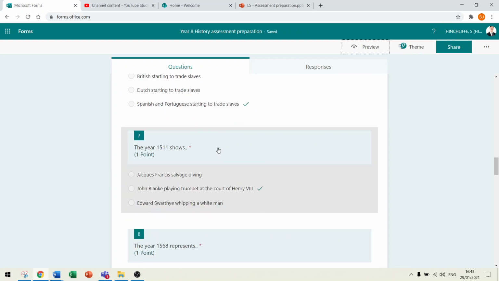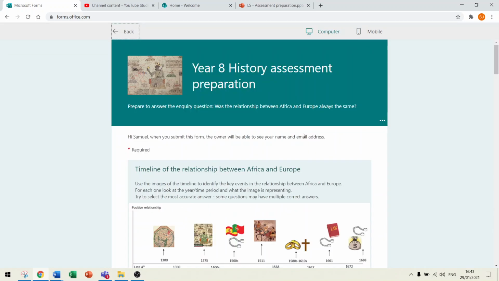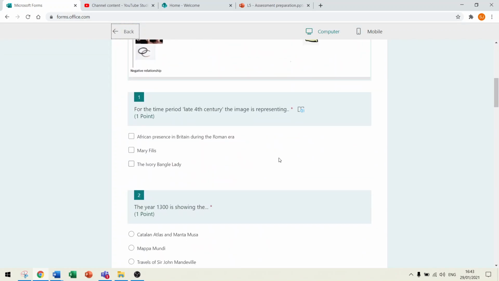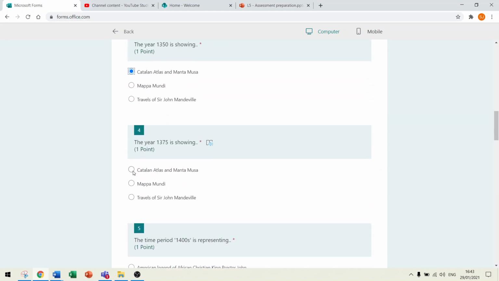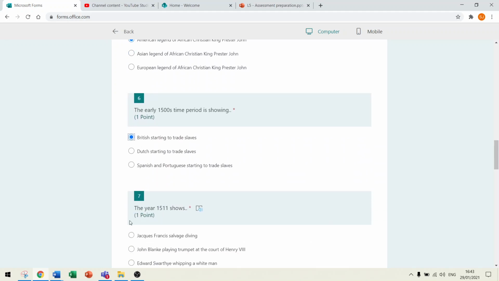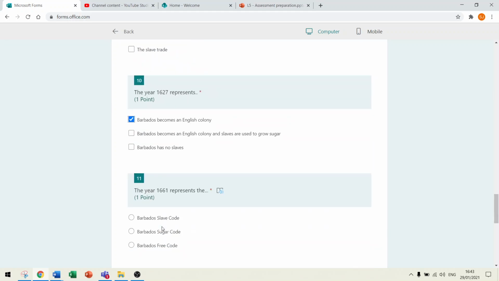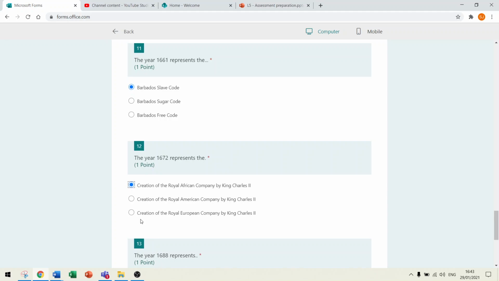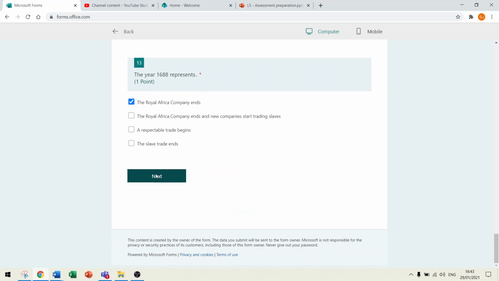So you go through all of them. What you can do now is you can either pause the video and move on to section 2, or just continue and this is the whole video first. What I'm going to do is I'm going to just select, because I have to get to the next section, select an answer to get to the next section. As you can see, these are all mandatory with the asterisks. So these aren't necessarily the right answers. You'll need to make sure you take time to go through them, just so I can click next.